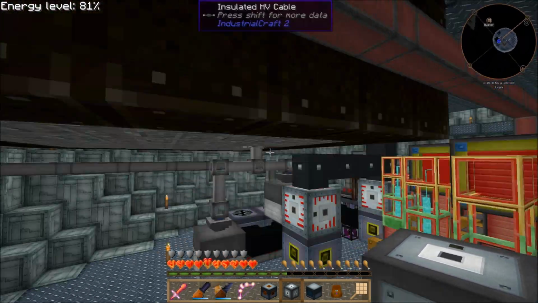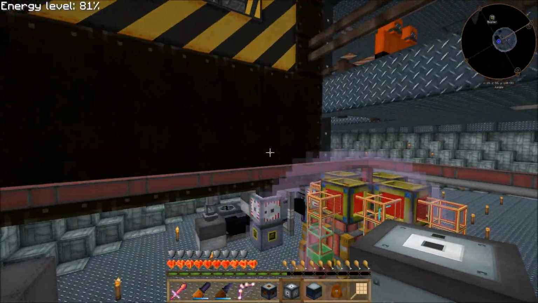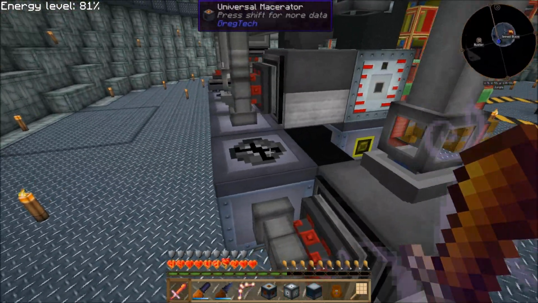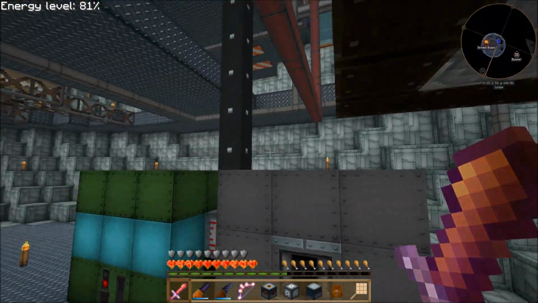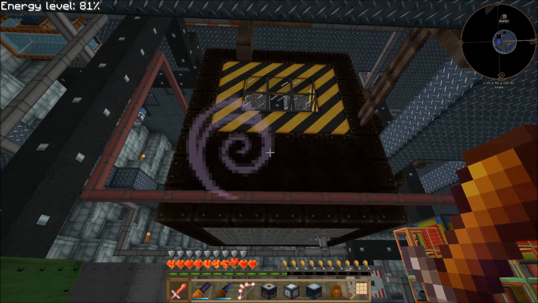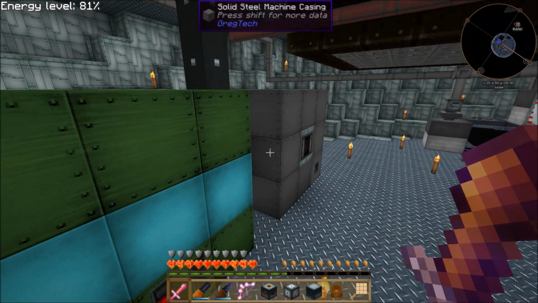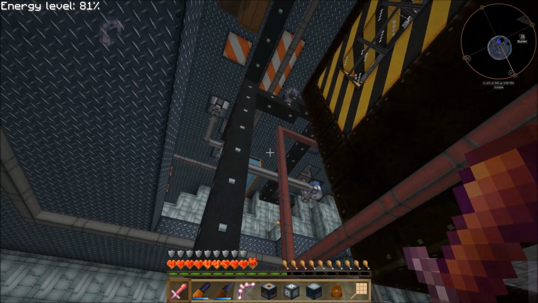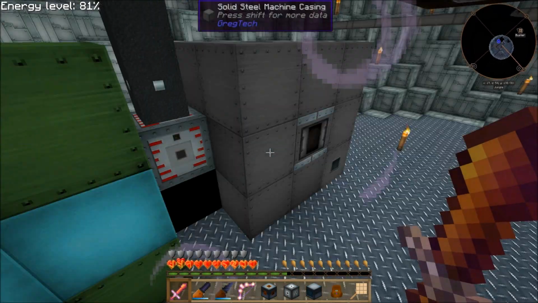No. I do want it on this line, though, because this line over here can get heavily taxed whenever I'm using this to process ore. And that MFSU up there doesn't need any more drain. This one only gets heavily drained when I'm using the blast furnace. So